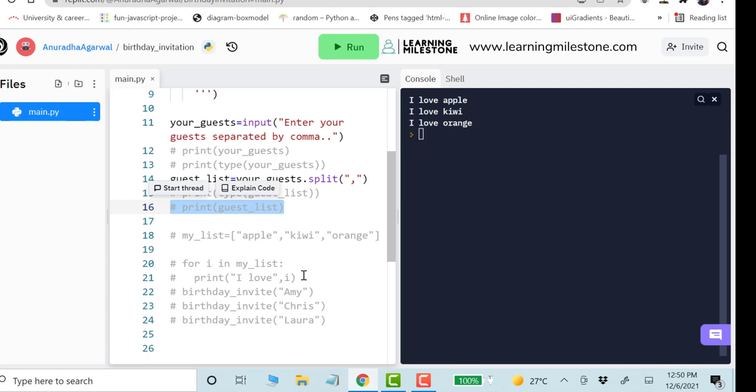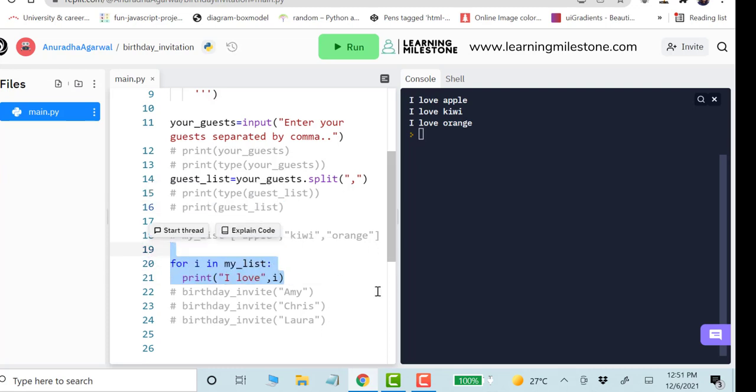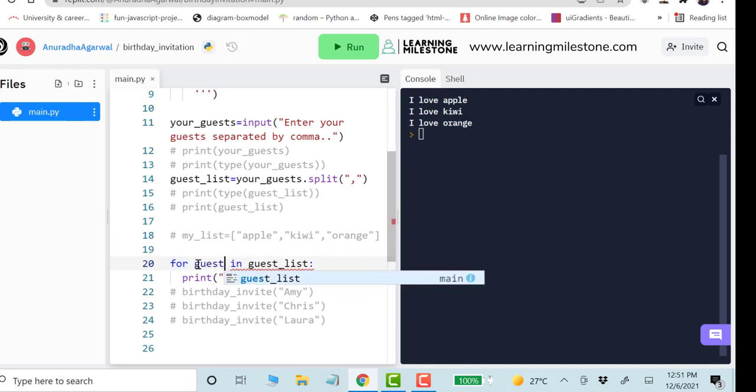And instead of applying a print statement, I want to call my function over here. What I'll do, I'll say for i in guest list. Okay, so i will refer to each guest at a time. So let me also change the name to guest, for guest in guest list. That is a variable name. I can give it any value. And instead of print I love guest, I can simply